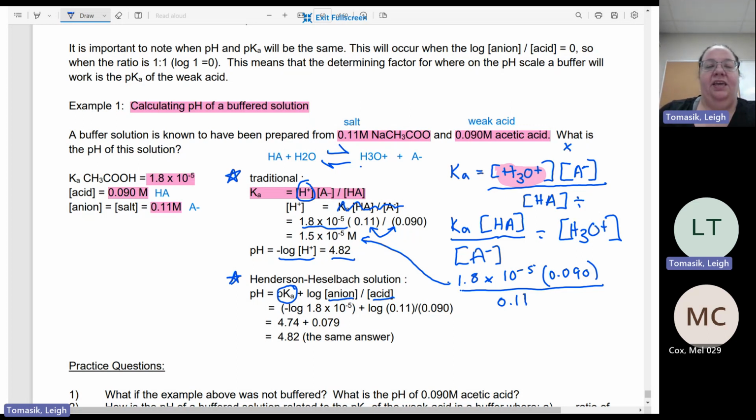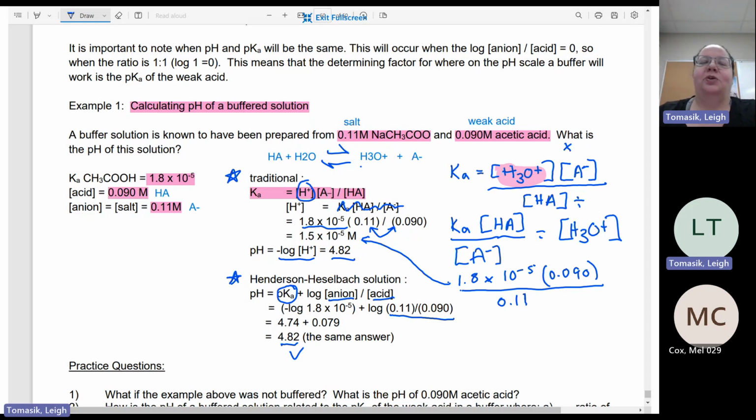To get the pKa, you take the negative log of the Ka, and then you would do 0.11, which is the concentration of the anion, divided by 0.090, which is the concentration of the acid. You would multiply those first. You would take the log of it, then you would add those two numbers together, and you would still get 4.82. This is considered a shortcut, but I don't see how,